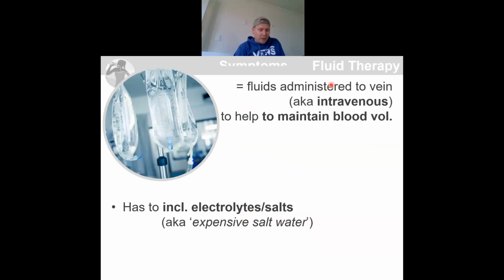And this brings me to wrap up this chapter by mentioning fluid therapy, which is, of course, administering fluids to the veins. So they're intravenous fluids. We can't just put any water into there. It has to include electrolytes and salts in a proper concentration, so we don't upset the balance and we don't end up with those challenges that we saw with the